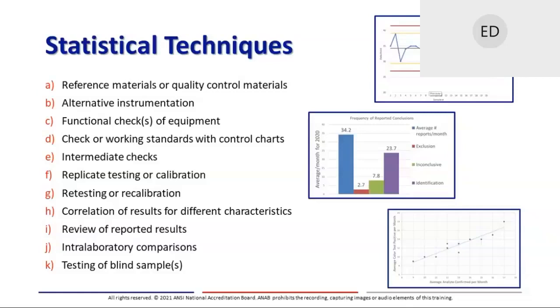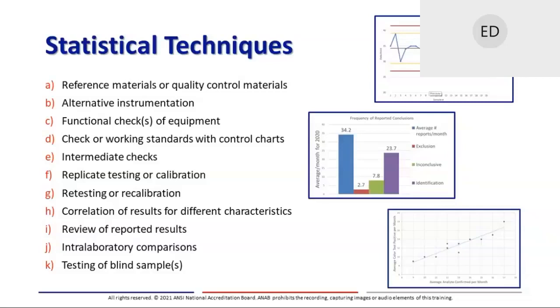4771, here's the list of examples or the list of things that it says to use to monitor the validity of the results. For us in the laboratory, we use a lot of these different ways to monitor that our results are valid, from the use of reference materials or quality control materials, maybe as positive controls, for looking at alternative instrumentation, doing functional checks of equipment, and that would be like the instrument diagnostic checks, using check standards or working standards with control charts. Could be one and the same with doing those intermediate checks,